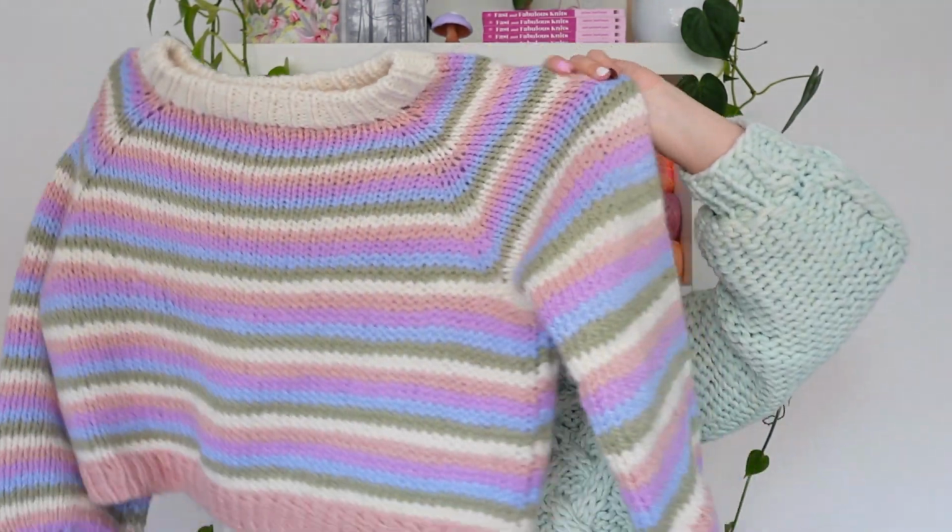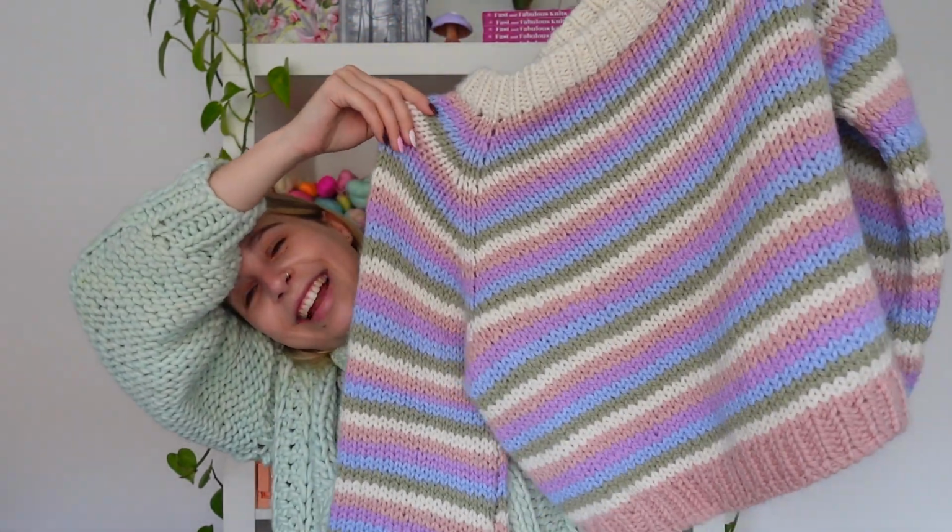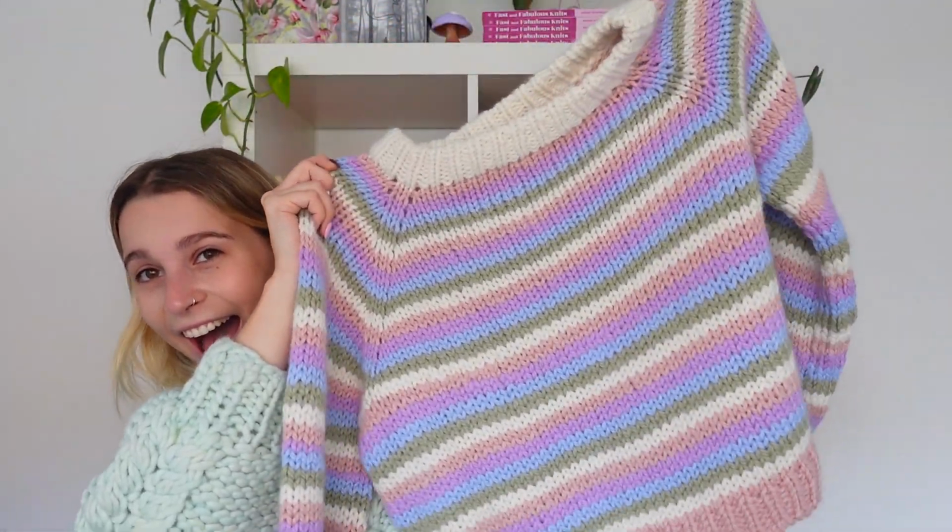I've got two more pieces to talk about. This next one, like I said, is also a sample from my book. This is the Somewhere Over the Raglan jumper. Oh, I'm obsessed with it. It's so good. I do still need to add some elastic to the neckline, which I did for the first